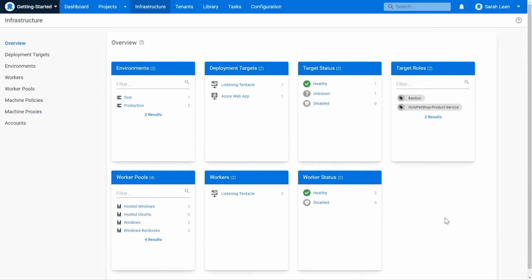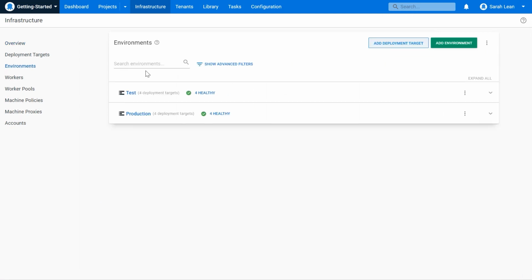Now, the first step within your Octopus environment will be actually setting up your environments. So we've set up some ahead of time today. We've got a test environment and a production environment. Now, this should mirror what you have in your own setup. So if you have a test environment, you have maybe a development environment, maybe a staging environment and a production environment, you would have all of those 4 environments as well. We're keeping it very simple today by just having a test and a production environment. But again, you should be mirroring what you have or what you wish to have here within your environment section.